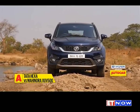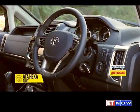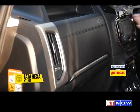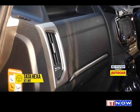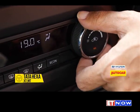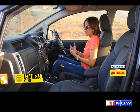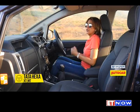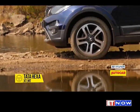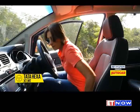And it's the same feeling on the inside. The Hexa's interior just feels light years ahead of the Mahindra XUV. Everything from the leather across the dash or on the seats, the stitched leather, the knobs with the chrome tinges, the lot of detailing that's on the inside makes everything feel so rich, so premium, and it just makes you feel like you're in a car that's many levels above. But we must mention that since the Hexa stands high off the ground, you have to climb up into the